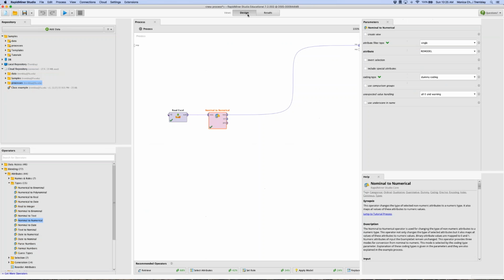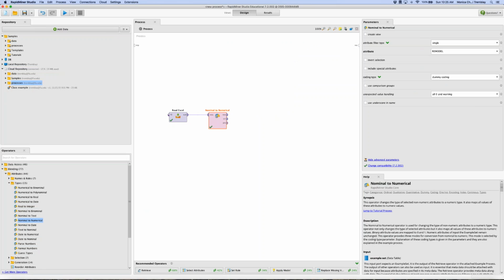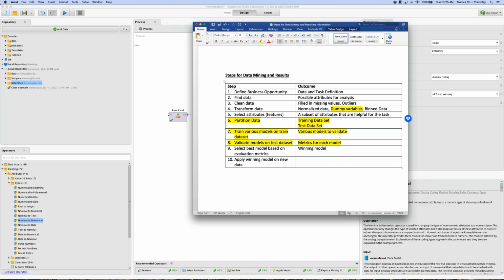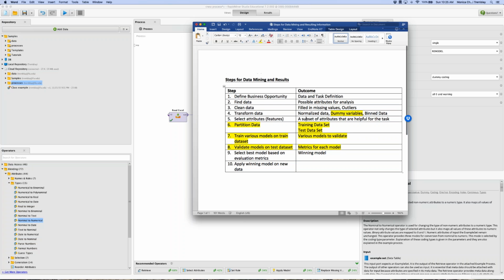Let's go back to our design. Can I remove this? What is the next step? We decided we're not going to do a feature selection for now. The next step is to partition the data into a training set and a test set. And then on that partition data, we will train a model and then validate that model. Well, all of these steps, 6, 7, and 8, happen in one operator